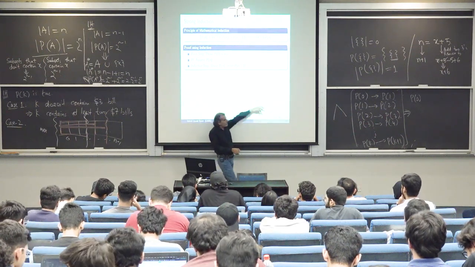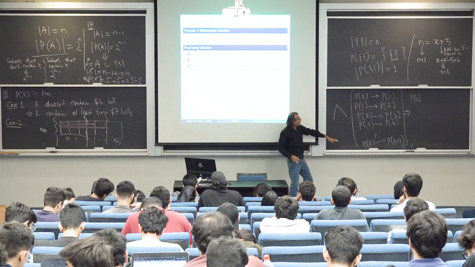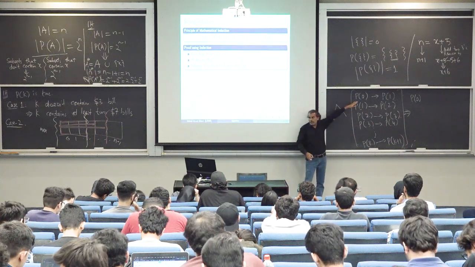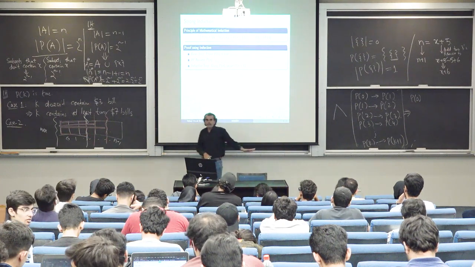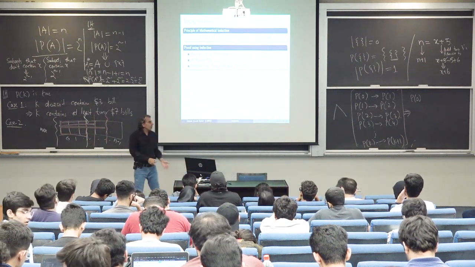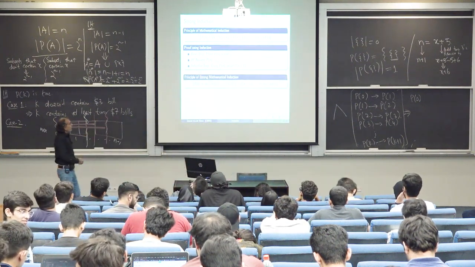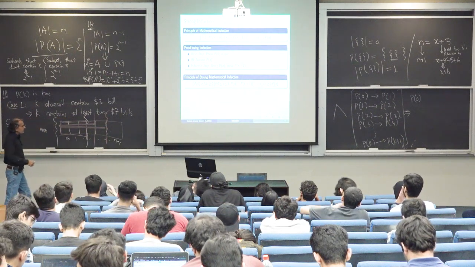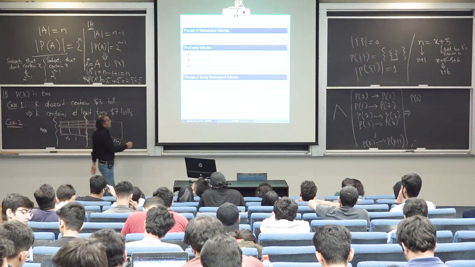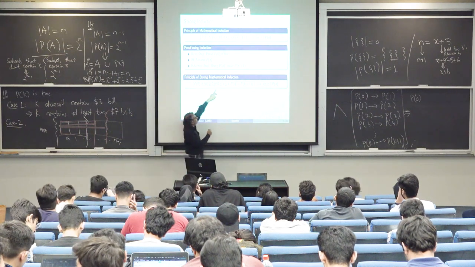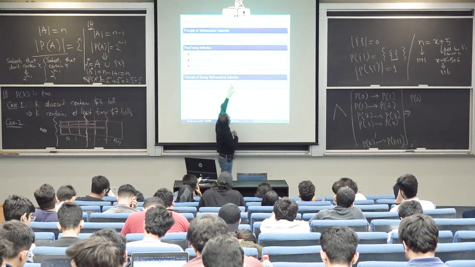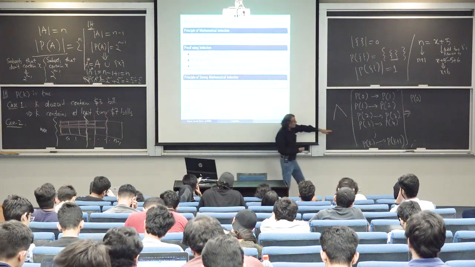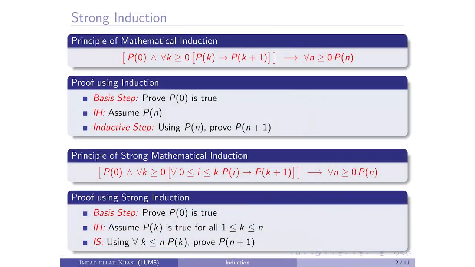Now in order to establish Pn plus 1, we can use any of the previous propositions. And they are very intuitive, they have to be true. They are already given to us, but we are not using them, right? So when we start using them, we call it strong induction. So another version of induction has come, which is strong induction, which means that for all i which are from 0 to k, if all of them are true, then Pk plus 1 is true, right?